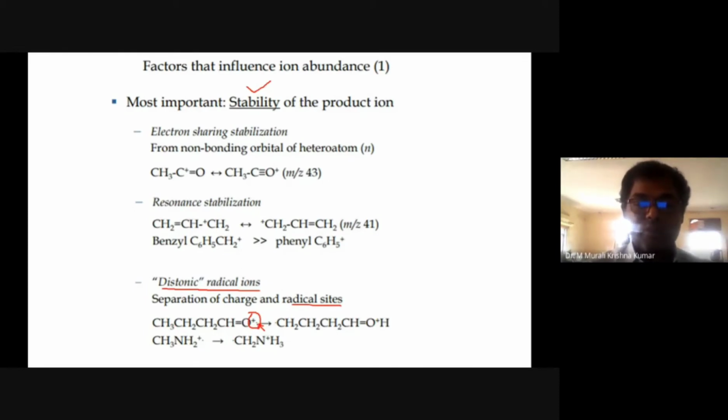Here you can see the radical ion is over here. In this case, this is the radical ion. Now the ion radical came on this side. This is how the unpaired electron changes its position from place to place. Usually in this type of situation, I am very sure you know a concept we call hyperconjugation. That type of facilitation is used in attaining stability in distonic radical ions.